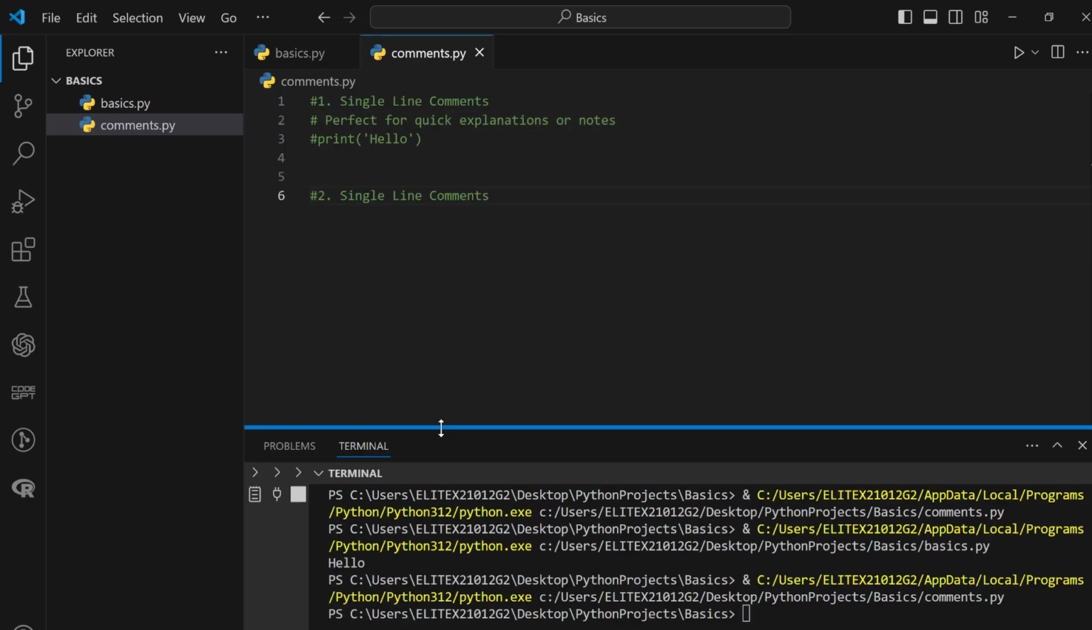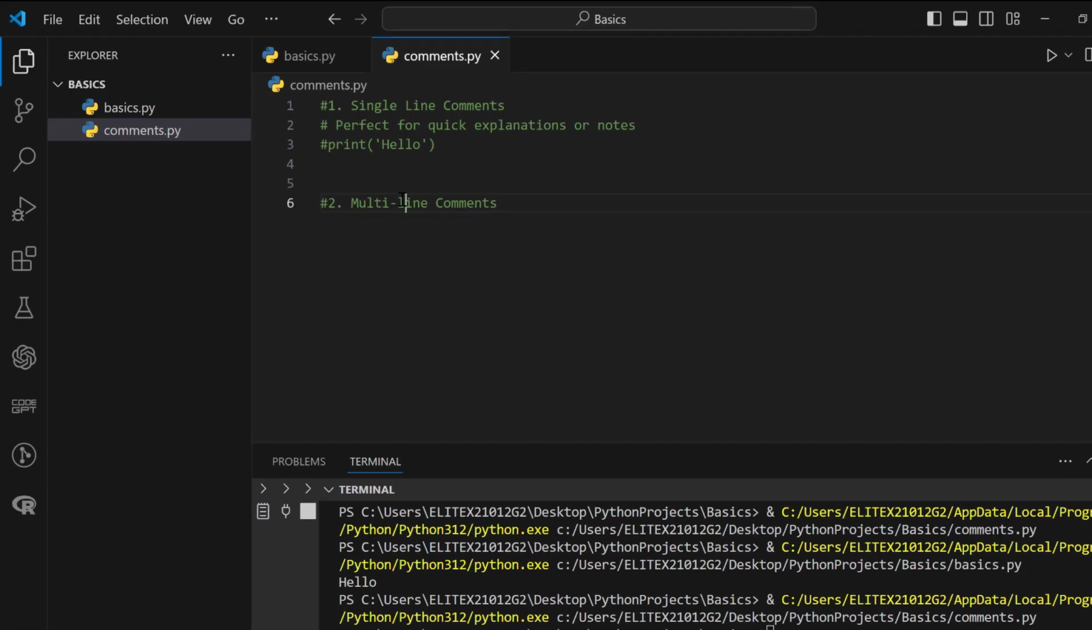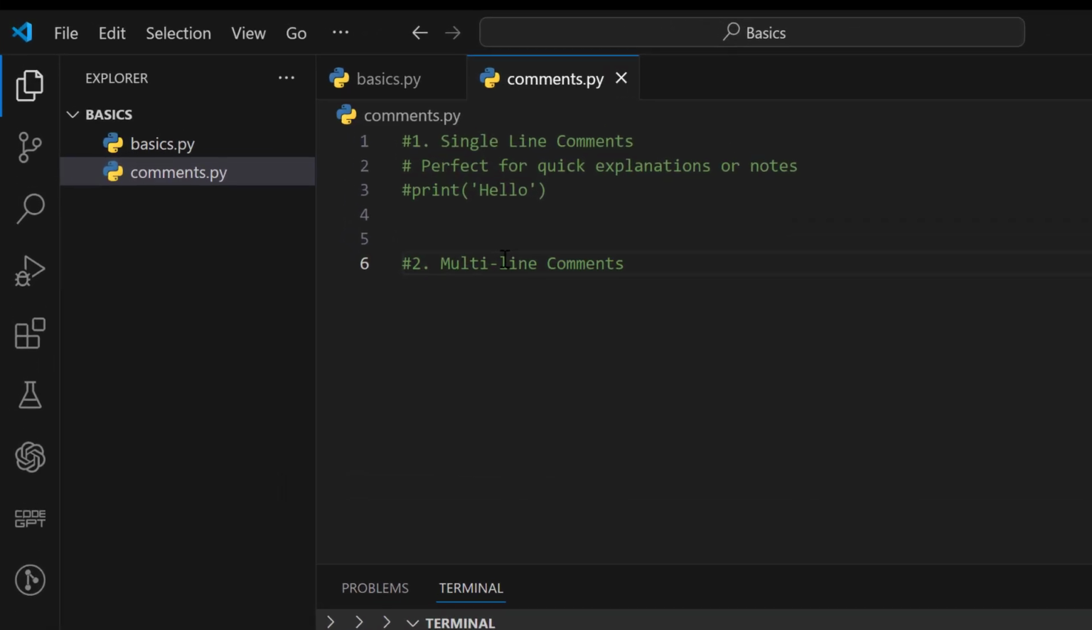Now sometimes you may need to write more detailed explanations that span multiple lines, and for this we use multi-line comments. So I'm going to update this to multi-line comments. In Python, multi-line comments are usually created using triple quotes. The way we create them, you first create the triple quotes and append the closing triple quotes at the end. Then within the opening and closing triple quotes, you go ahead and embed your comment. For example, we can say